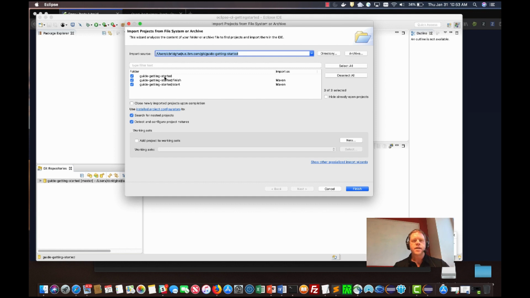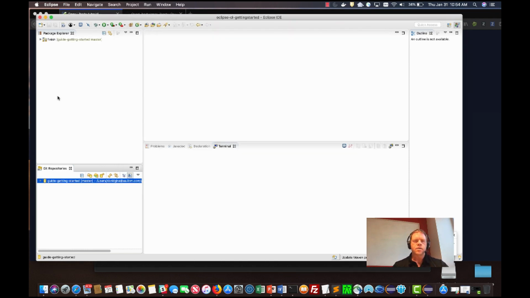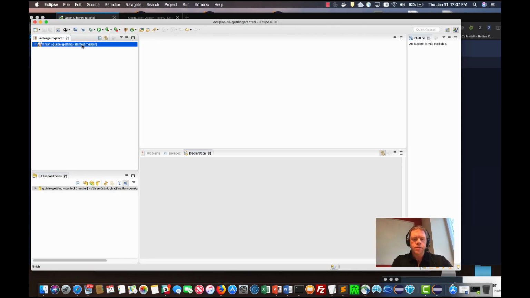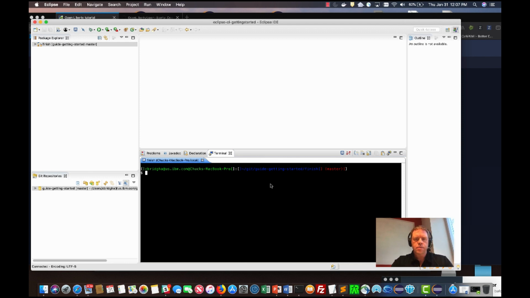So with every guide, there is a start and a finish folder. Obviously, if you're going to be starting, you start with the start. But for our case, we're just going to go through the finish, and I'll go through all the concepts of what's built here. So I'm going to go ahead and open up a terminal window on the project itself and build the project. So we're going to make sure that you have Maven on the class path. We're going to do a Maven install liberty